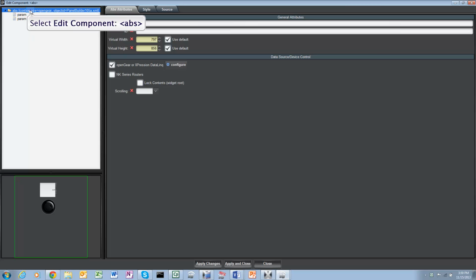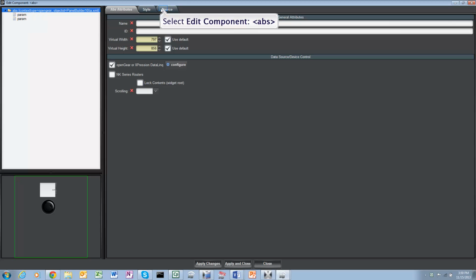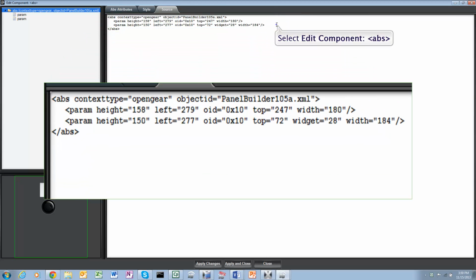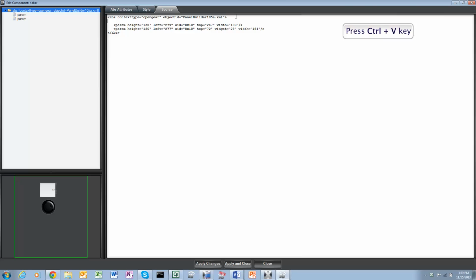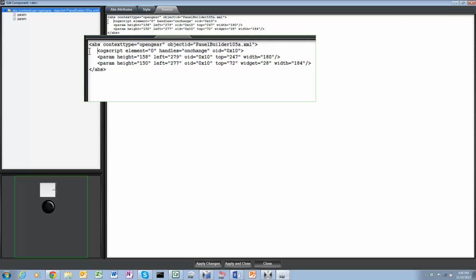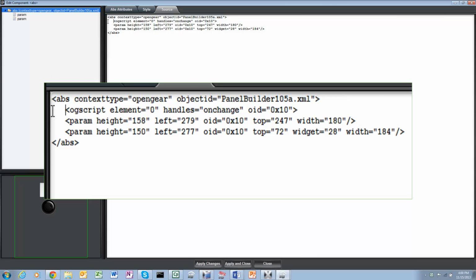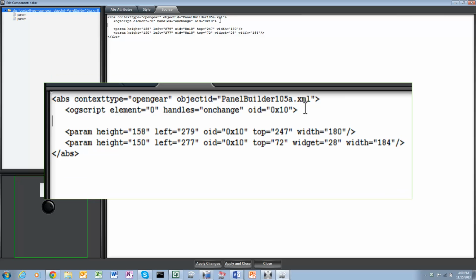So I'm going to select the very top level tab here, open up the source window, and start typing. I cheated by pasting this in here to make it faster, but we've opened an OG script element here. We've said it's an onChange handler, and the parameter that it's looking at is 0x10, or the object ID 10. I'll just go and close that tab,